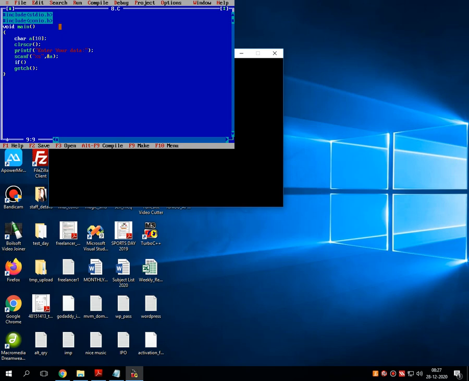Then here I am putting our decision making statement, or let me create one more variable called integer b, and here I am writing b equals isalnum, passing the inputted variable into the function, and then I am giving our decision making statement: if b, then printf data is alphanumeric, else, in the bracket, data is not alphanumeric.